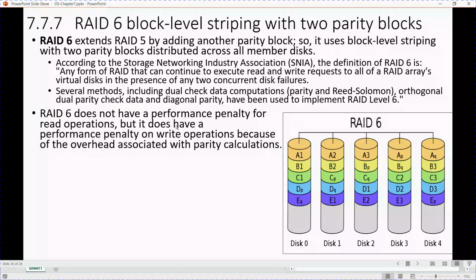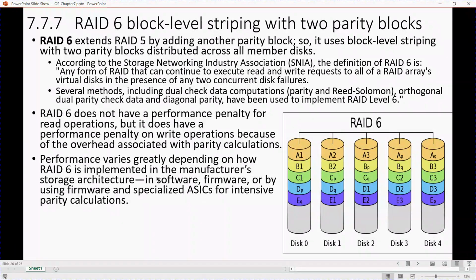Generally, RAID 6 does not have a performance penalty for read operations, but it does have a performance penalty on write operations because the overhead is associated with parity calculations. It also involves writing to two different error parity disks. Performance varies greatly